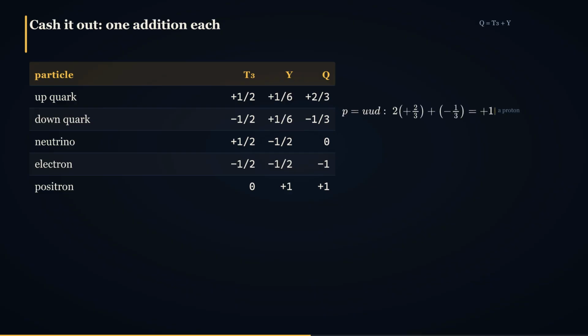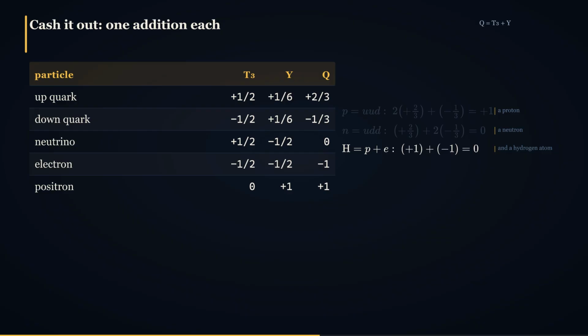Build a proton, 2 up 1 down, and it comes to +1. Build a neutron, 1 up and 2 down, and it comes to 0. Then put the hydrogen atom back together, +1, -1, exactly 0. Which brings us back to where we started, and to the sharpest thing in this chapter.